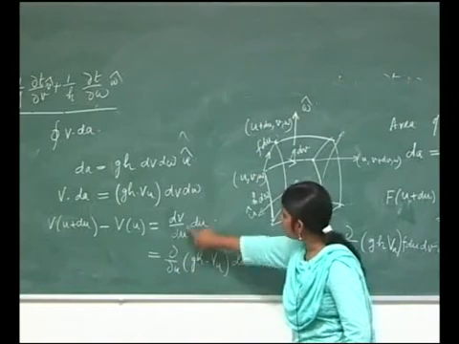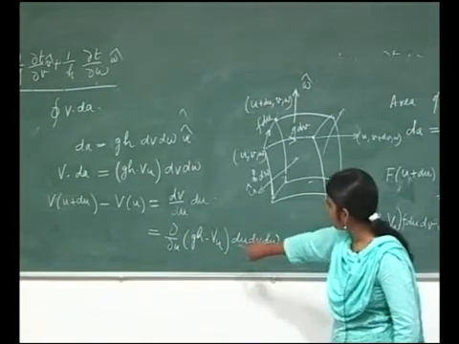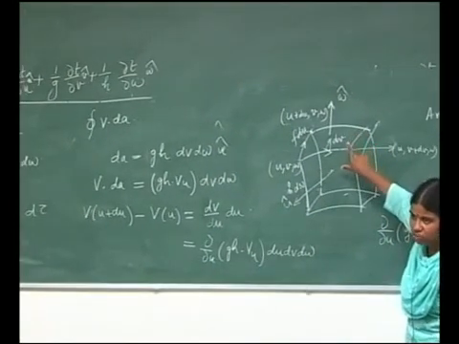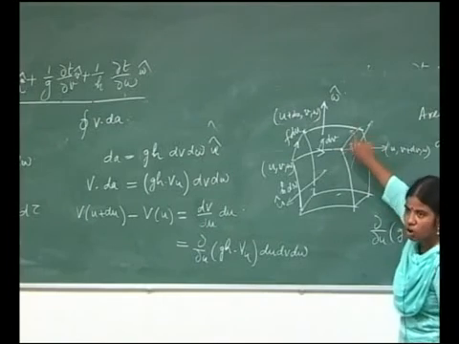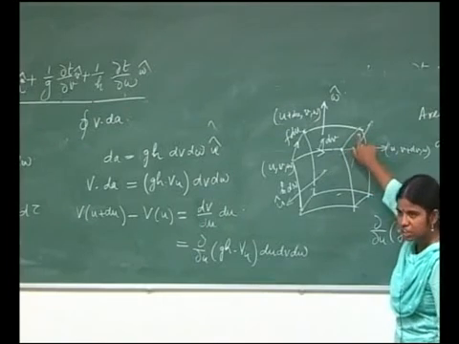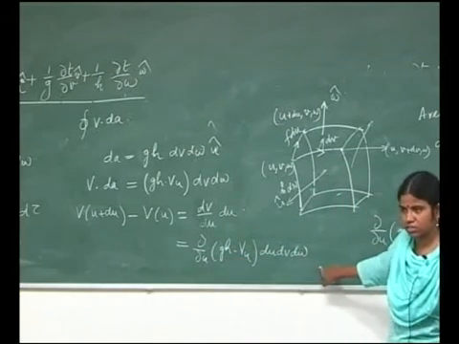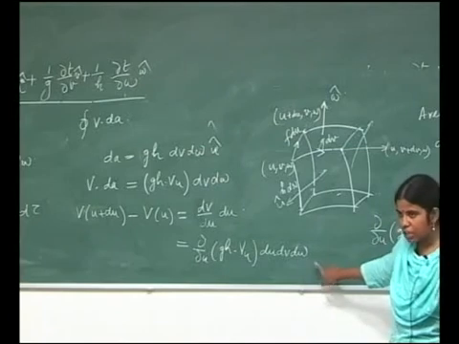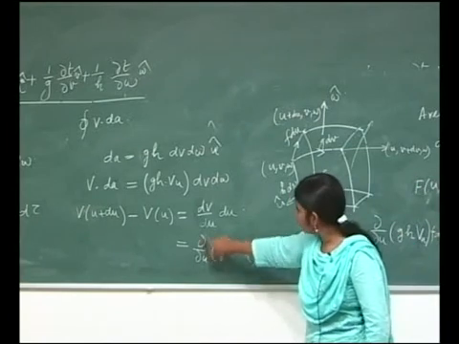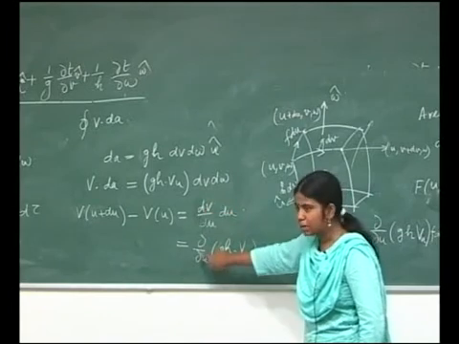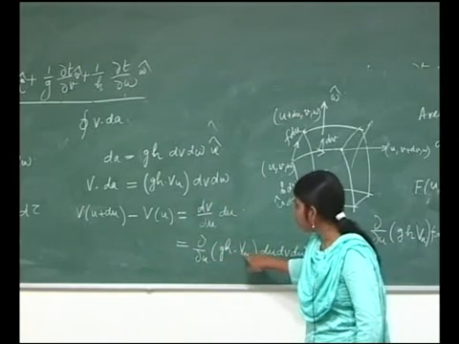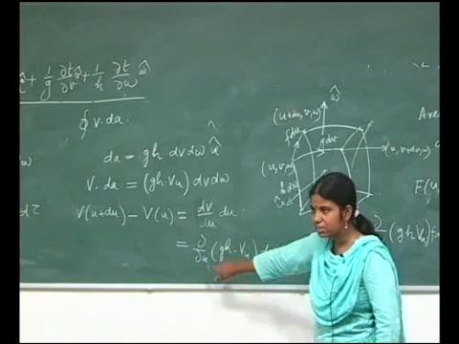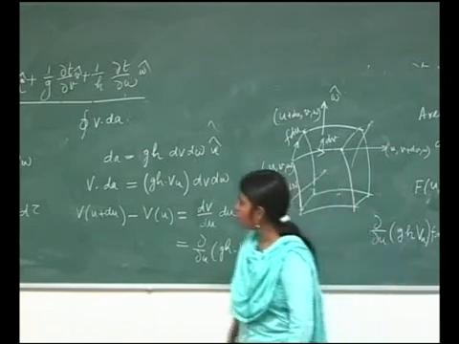Okay. So you have substituted the value of V dot dA like this. Your surface area is changing. What is changing? The surface area is changing. V dot dA, when you go from here to here, although the change is in the direction, it is still changing. So that change is equivalent to this. Okay. Now why has this come? You may be confused why from here d by d has become del by del. Okay, because our v is a function of all of UVW. That's why we have taken this partial derivative here.